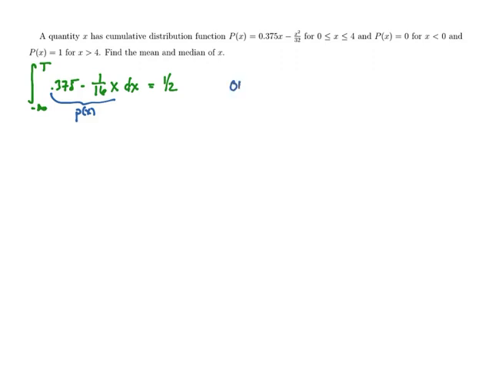Or we can just use our capital P here, and we can say that capital P of t, which is 0.375 times t minus t squared over 32, is equal to 1/2. And we can just solve this equation for t. And if we use the integral, we would just find the antiderivative first, plug in the bounds, we would get this exact thing out. So let's just focus on that second part. Solving this equation for t,